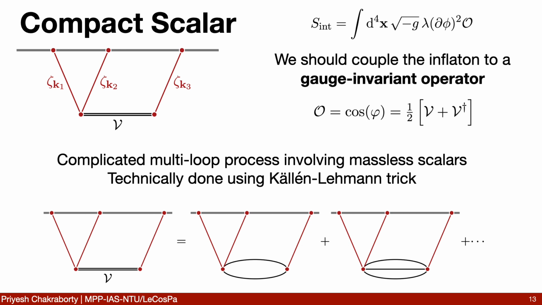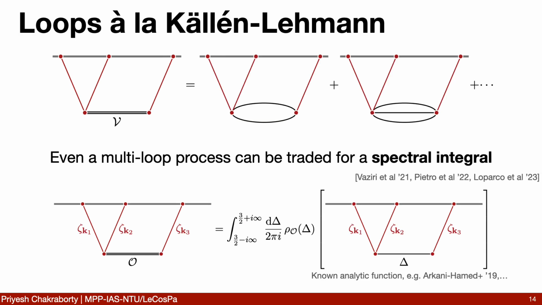Now, so we've established we're exchanging one of these vertex operators, and this is technically a complicated exercise, because strictly speaking, an exchange of this operator is really an infinite tower of melonic loops of massless scalars, and loops in de Sitter especially are hard to do. So I won't go into too many details.